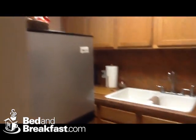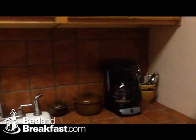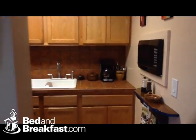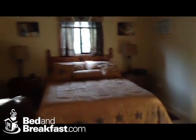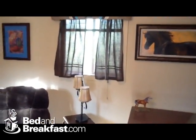We have a completely furnished kitchenette. And the kitchenette includes a full-size refrigerator, a built-in microwave, a toaster oven, coffee pot, there's a crock pot down below, salad bowls, dishes, wine glasses, whatever you need. All it needs is you enjoying yourself. You could cook a full meal in the kitchen if you'd like to, or you can go out to many restaurants that are close by if you don't like to. And a nice wardrobe for those guests who want to stay a little longer. Anyway, all it's missing is you. We sincerely hope that if you have more questions, you'll